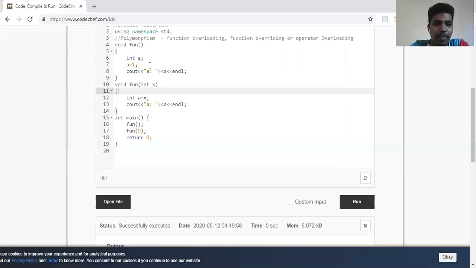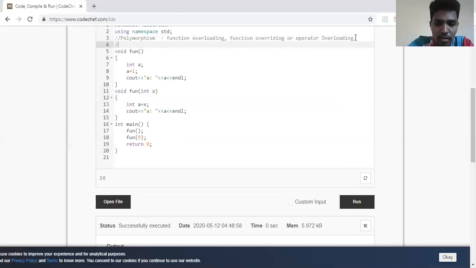Fine. Functions have the same name but different signatures. So let me write the definition here. Function overloading. What do you mean by that? Functions with the same name but different signatures. What do you mean by signatures?